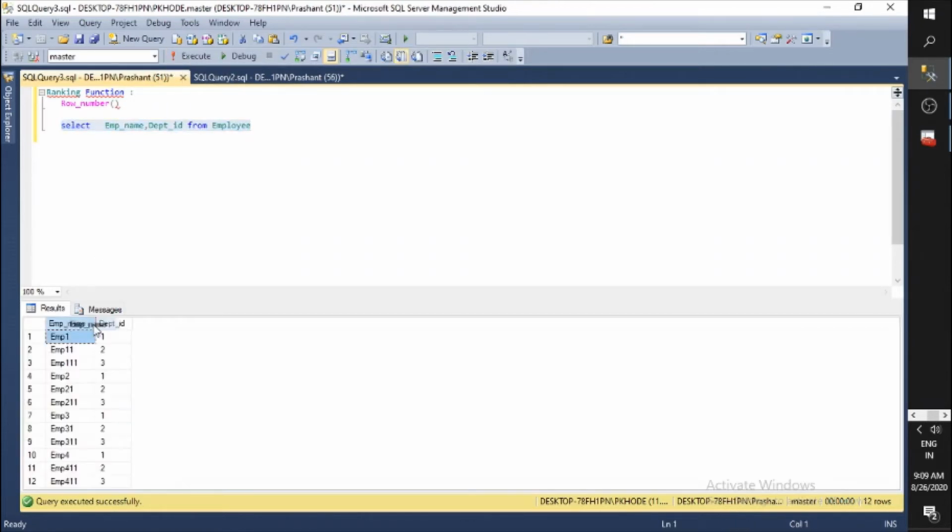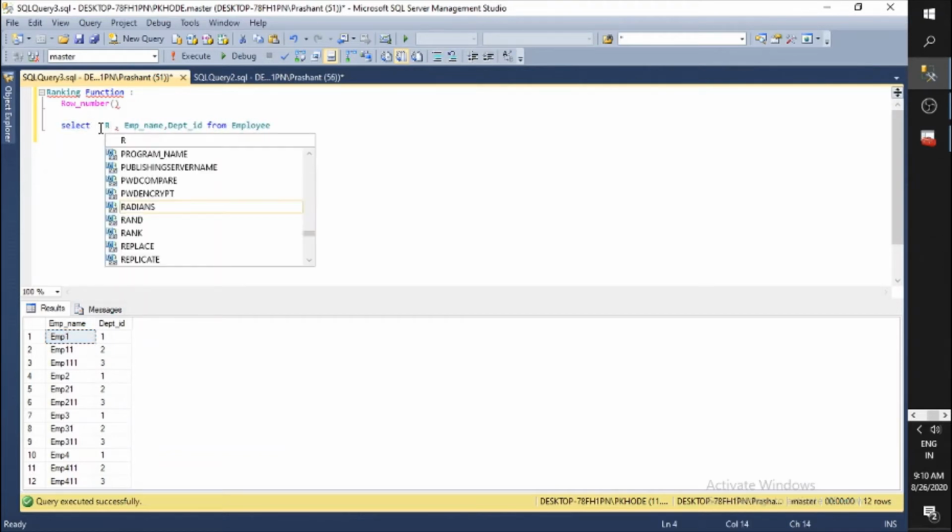My requirement is to give each and every row a unique value, a serial number or a rank. That rank could also be based on the employee name in sorted order. It's not mandatory, I'm just telling you about row number.